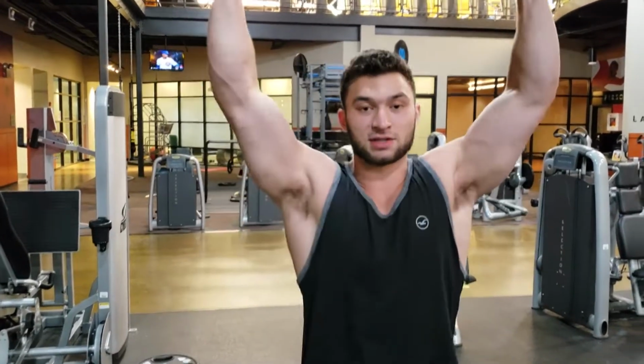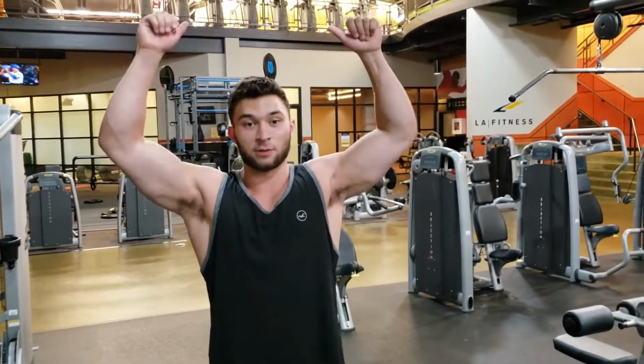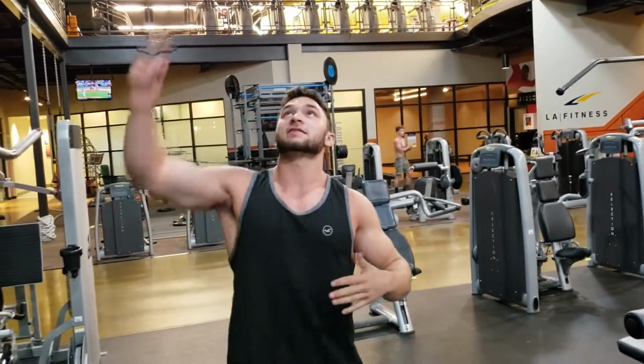I think the first part of the movement that you really need to get down is the swinging part, and also when to time it to where you actually start the movement. If you get to a certain level, you can do it without any swinging, just dead hang straight into a muscle up. When you're first starting, you're going to want to get a little bit of a swing, and the key to this is that